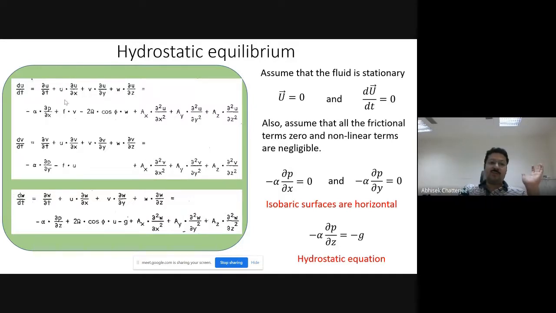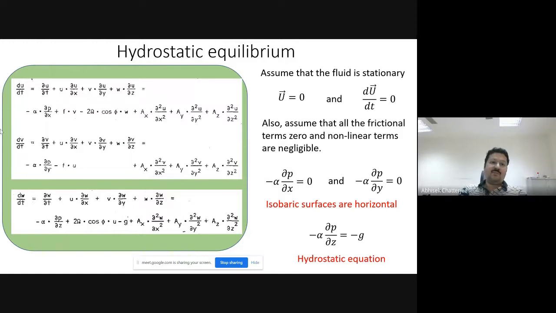So if we assume that the flow fields are completely zero, that means it is neither driven by the wind nor by the radiative forcing. Then whether that will relate to what we know so far, that means we already know in a static field you get the hydrostatic approximation. So whether that is what we get, that is what we wanted to find out.